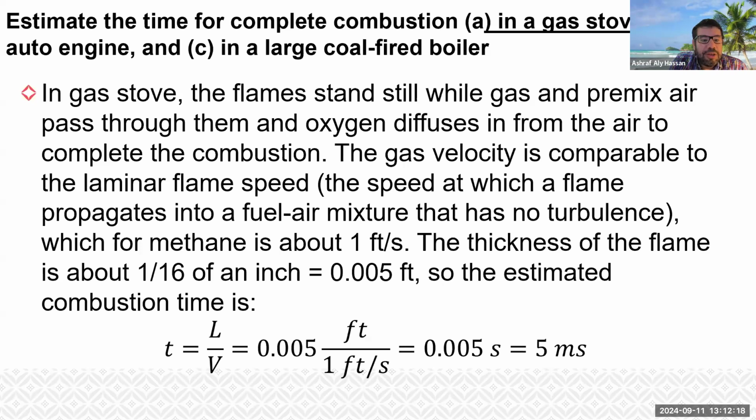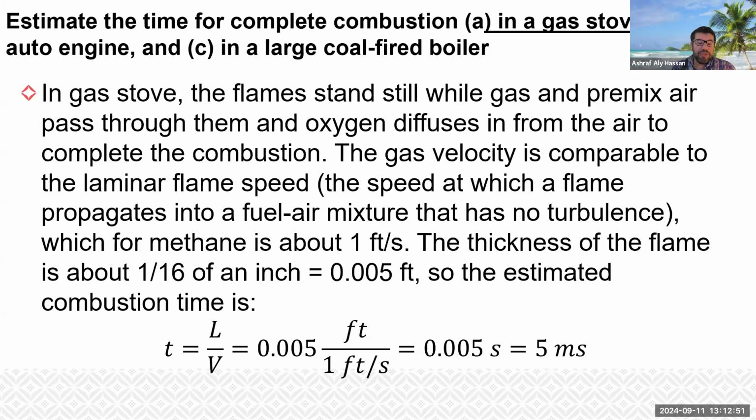The gas velocity is comparable to laminar flame speed, and we talked about what is laminar and turbulent. Laminar meaning that it does not intersect, it goes in straight lines, which means that the speed of the flame propagates into a fuel-air mixture that has no turbulence, which for methane is about 1 feet per second. The thickness of the flame is about 1/16 of an inch. That is very, very small. The inch is 2.54 centimeters. So 1/16 is a really small